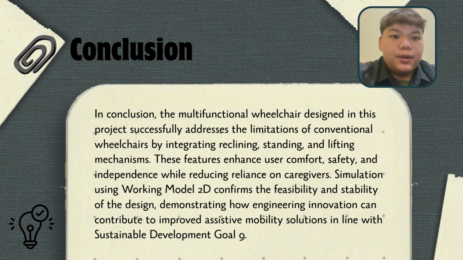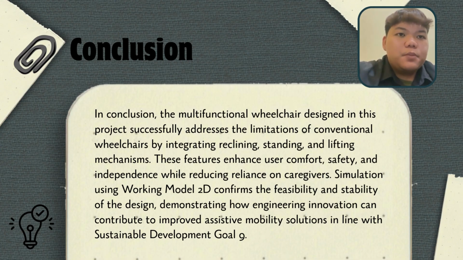In conclusion, the multifunctional wheelchair developed in this project addresses key limitations of conventional wheelchair designs by integrating reclining, standing, and lifting mechanisms. These features collectively improve user comfort, safety, and functional independence. The reclining mechanism, in particular, plays a significant role in enhancing seating comfort by enabling posture adjustment and reducing interface pressure during prolonged sitting, as supported by experimental findings in reclining